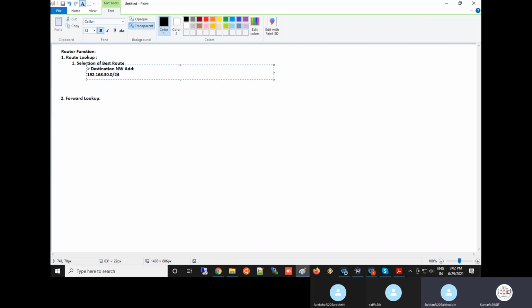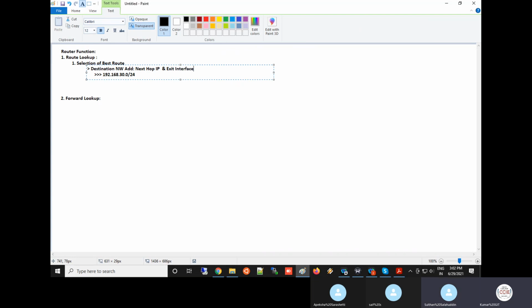Selecting the best route means how will it say, okay, this is the best route, go. For that it will give two pieces of information. One is the next hop IP address and the exit interface, as Sultan said.